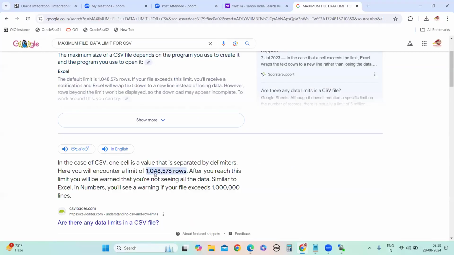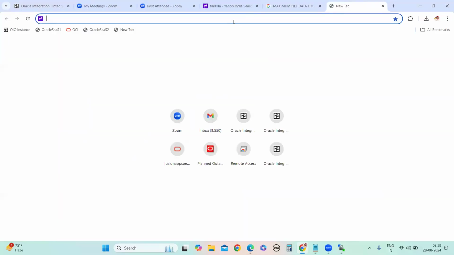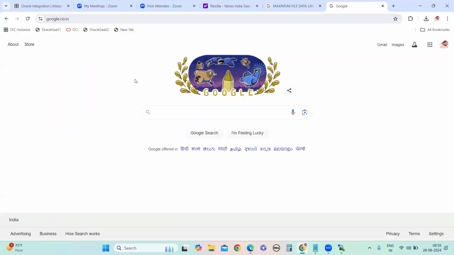Maximum this one, Sharath, 4,000 rows. Oh, okay. And if you want to see the OIC service limits, there is one document Oracle has given. That is a very useful document.